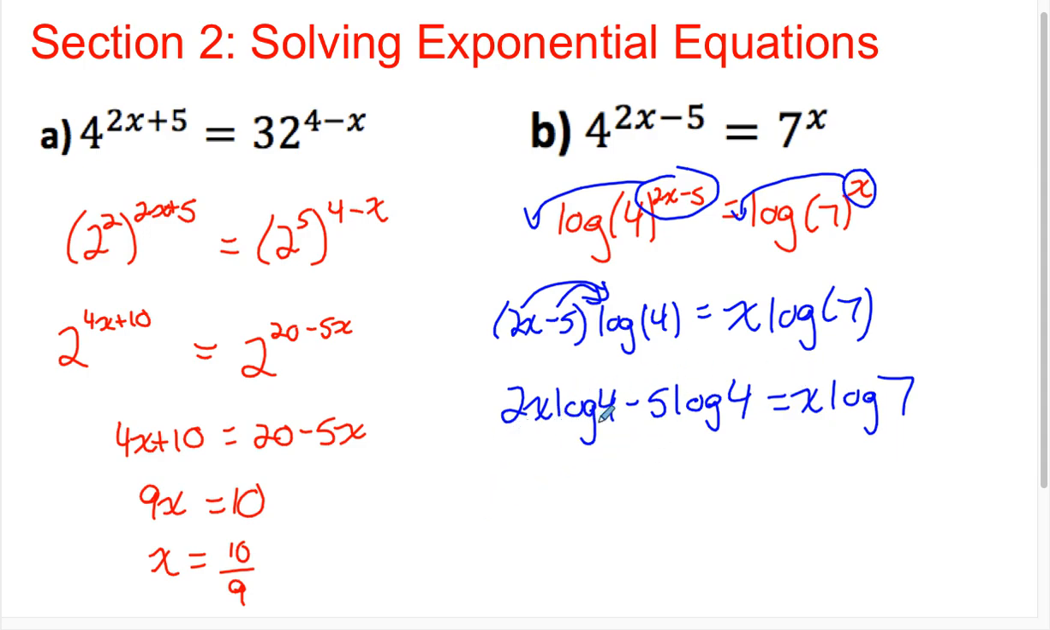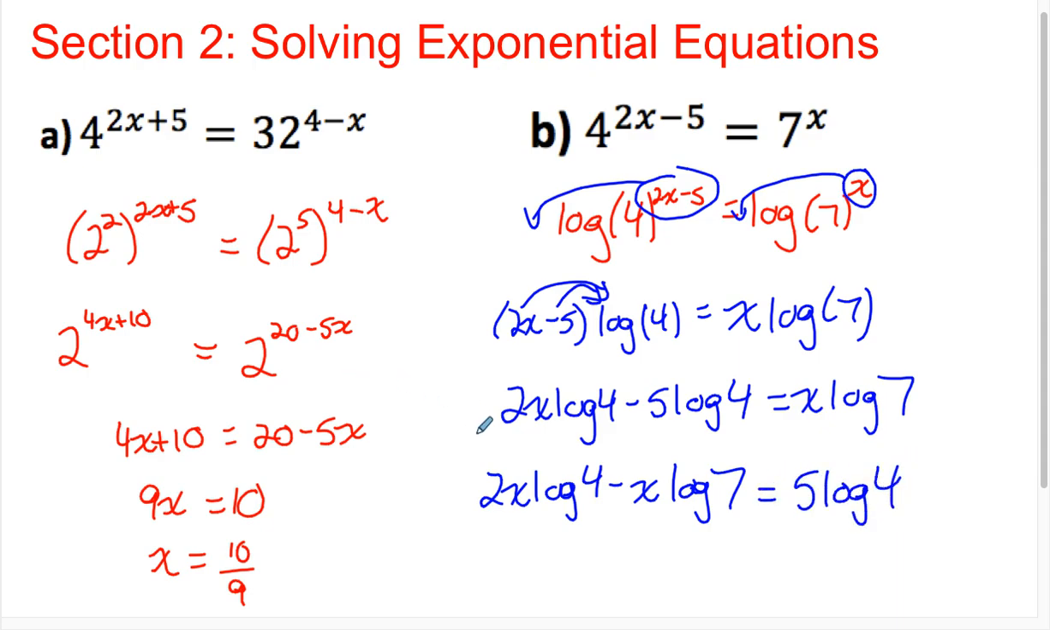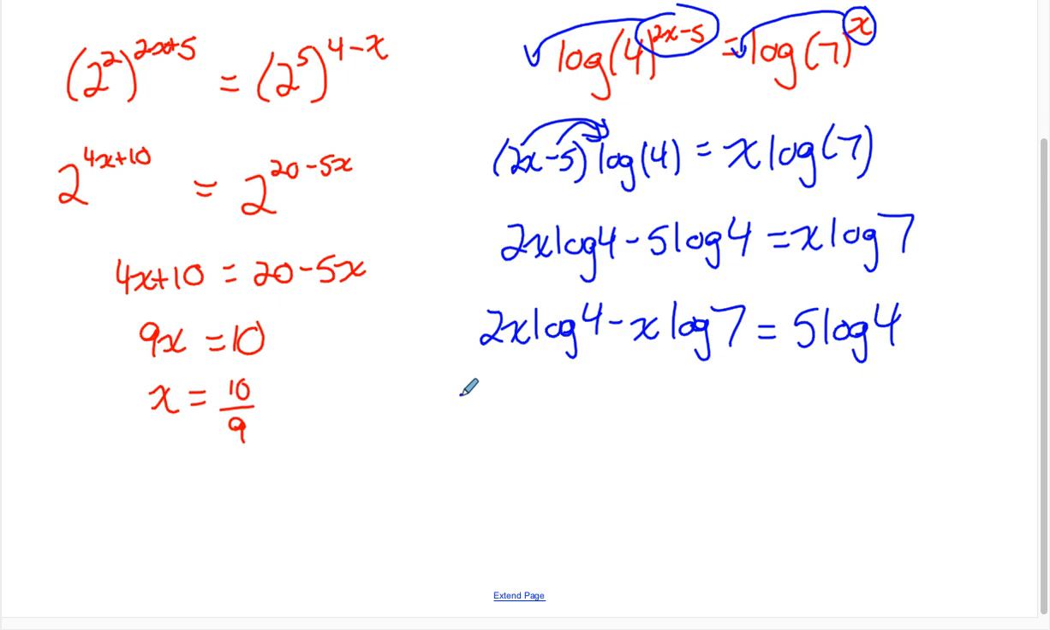So I have two terms with x, this one and this one. So I'll bring those both to the left, and I'll take my term without an x to the right. So 2x log 4 minus x log 7 equals 5 log 4. Now both terms on the left have an x, so I'm going to common factor it